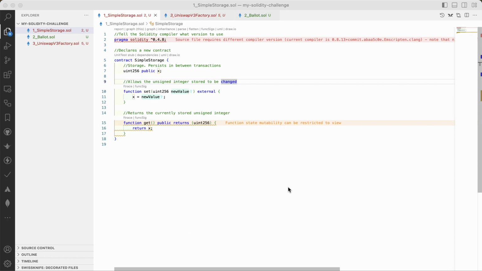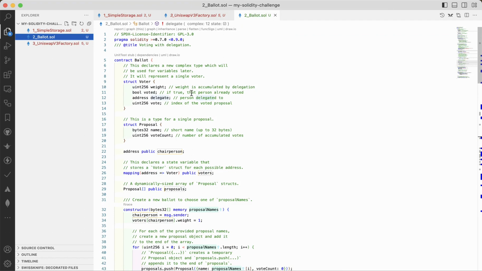Coming to the logic of the get function, anybody can call it to read the value of the x state variable. Okay, so that's all about this simple storage contract. Moving on to the next contract, which is the ballot contract. So effectively, the ballot contract has